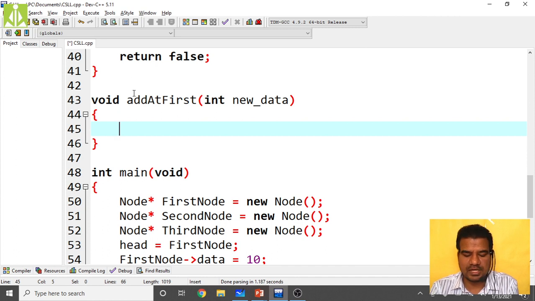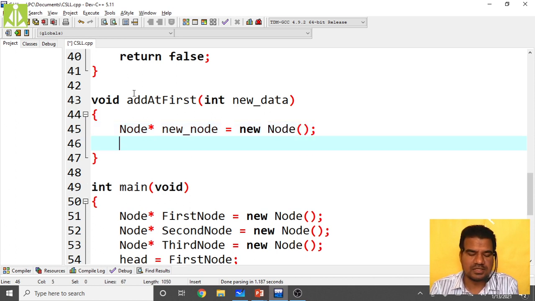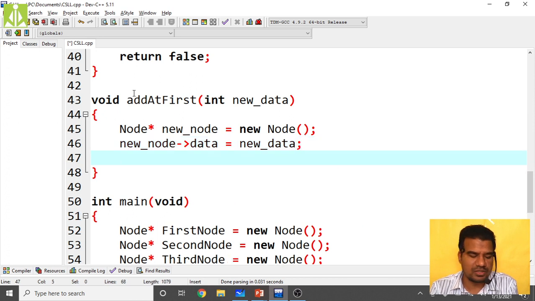How can we create the new node? Node star new underscore node equals to new, call the constructor node of. That's it. This will create the new node with memory and store the data value, new node of data equals to new underscore data. Okay, stored the new data.